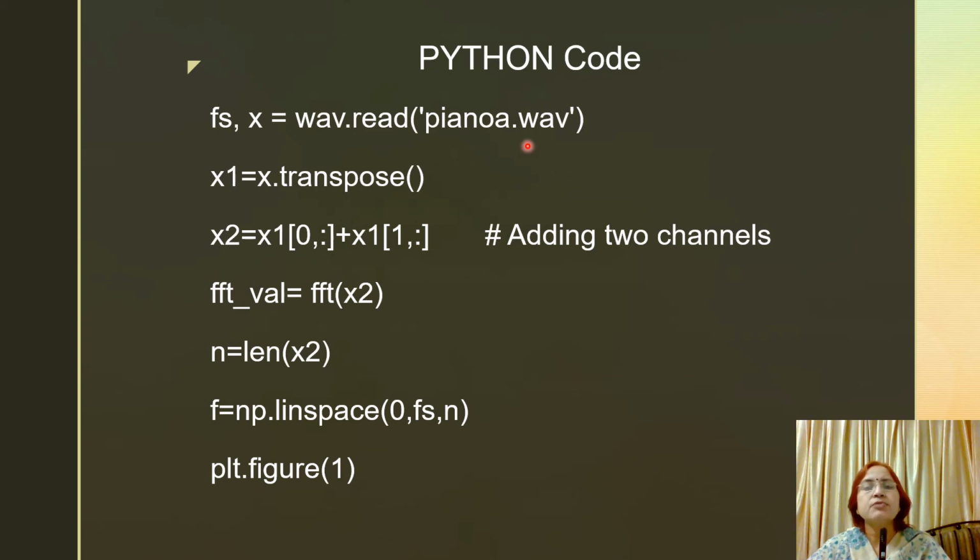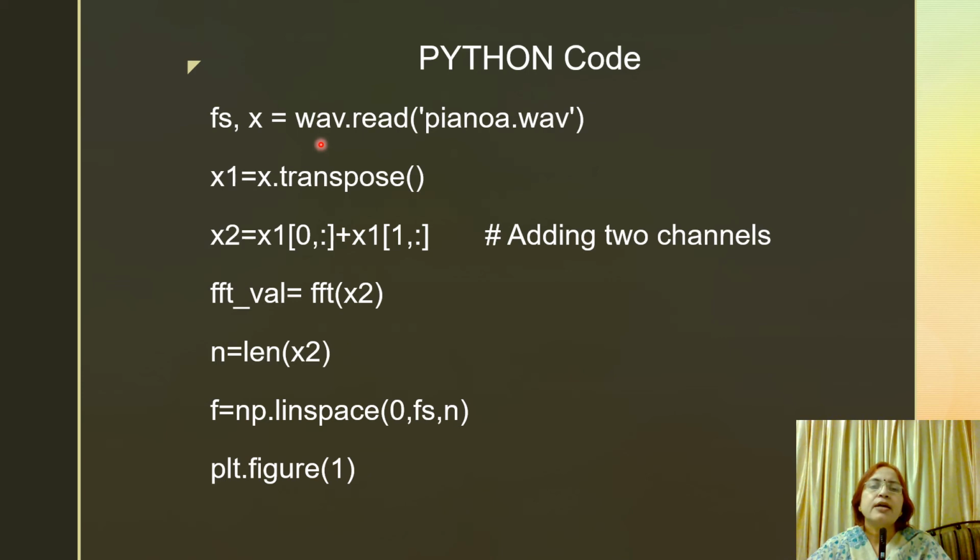Reading means it will return the samples. X are the samples of this audio file. We are interested in taking the samples of this audio file, and then using these samples we are going to find out the FFT of the audio file. Are you getting it? So this is the .wav file and X are the samples of this .wav file.